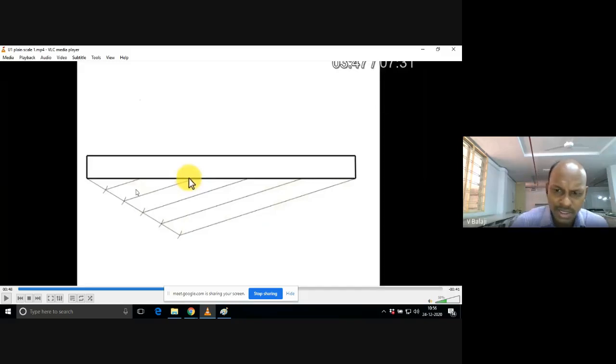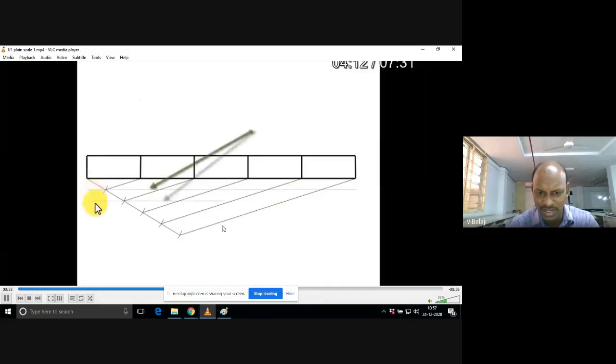Now, in order to show it is some type of scale, simply draw one rectangular box. The height of that box you can take as any value, there is no importance. You can take 2 centimeters or 3 centimeters for this height. So the length is 12.5 only. You need not change it, and you construct a rectangular box. So automatically, by the line division method, I have made 5 equal parts. You draw these 5 parts also, and